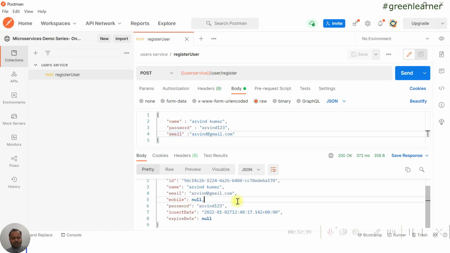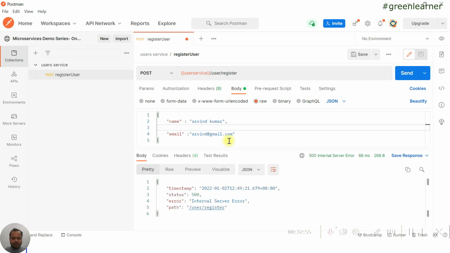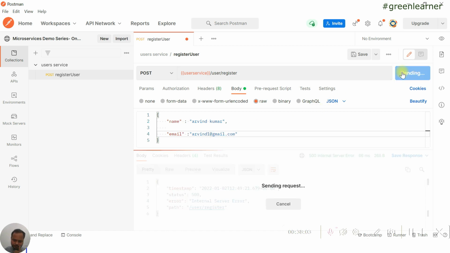There are many things to do with this one, like update, validation, exception handling, and field validation. Let's see what happens if you are missing this password field, and try to add this user. It is going to give an error because email id is unique in the database table, so it is going to throw an exception. So just change this one.